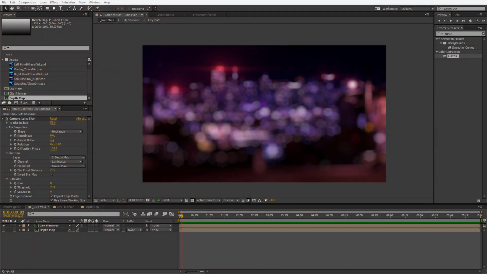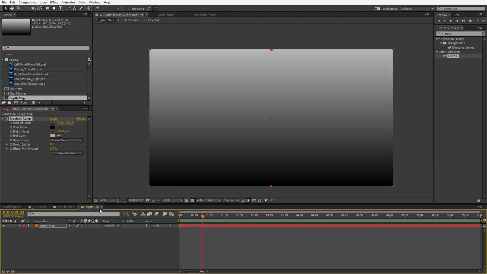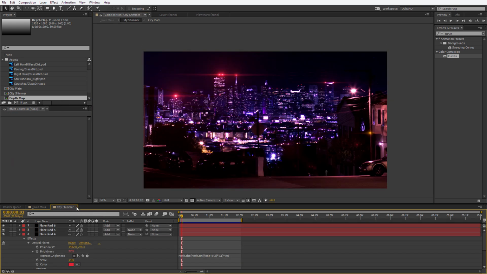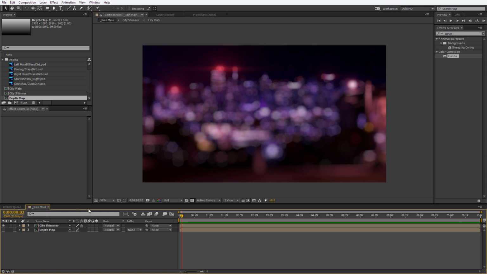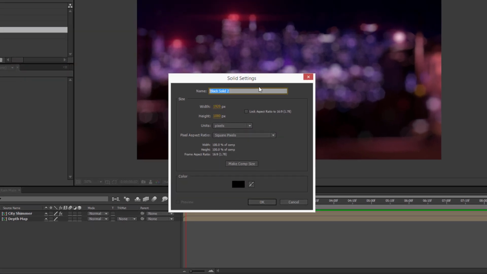Chapter 2, in which Quba tries frantically to remember how he did the rain simulation. Let's get on it. We can close the depth map, we can close the city shimmer for now, and create a new composition in which we're going to do some raindrops. Ctrl Y for the new solid, and we're going to call the first one